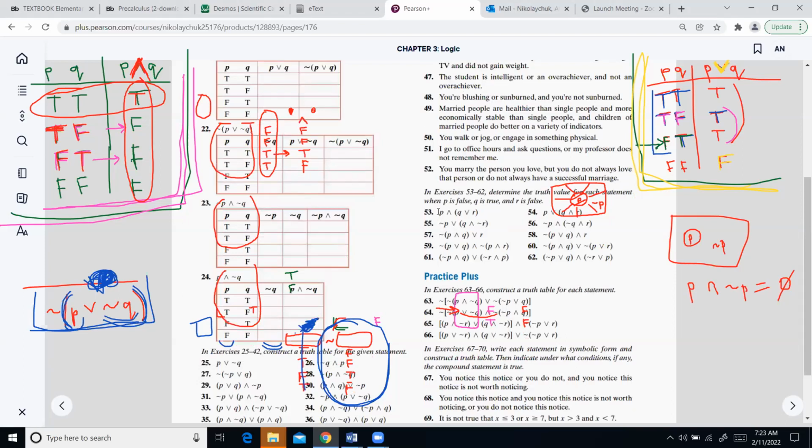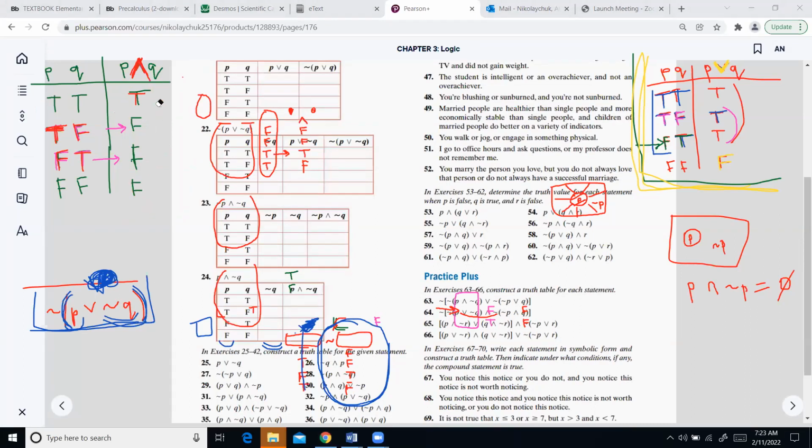I think I need to clean this because I just produced lots of mess. So let me try to clear all of my writings and just stay with the original table that I used to have here. So maybe this one is going to be gone. I just want to get a nice and clean table prepared